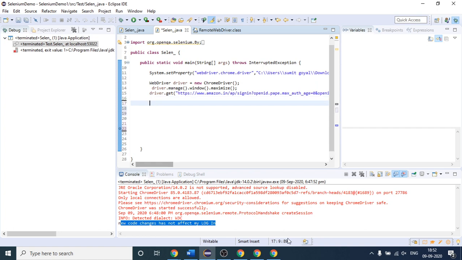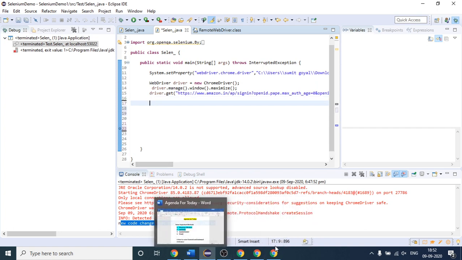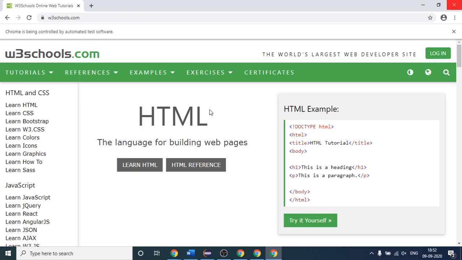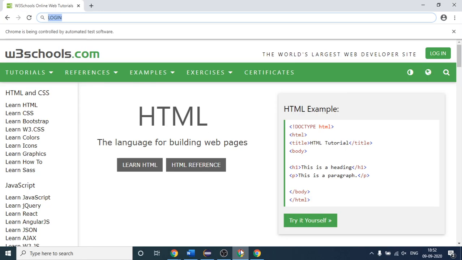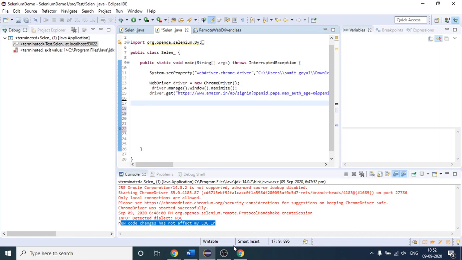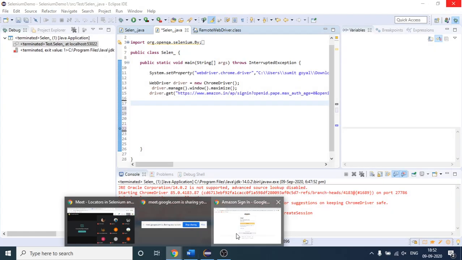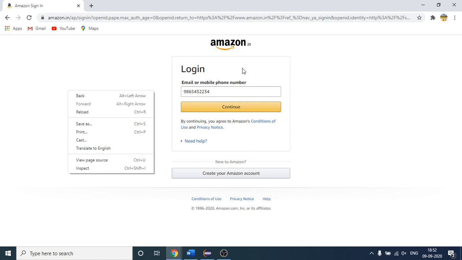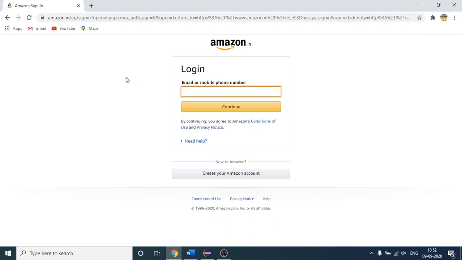Okay, and suppose let me come here. Okay, I will remove this as well. Okay, remove this as well. Okay, so this is my original browser. Okay, so let me remove this as well. Okay, so to get the